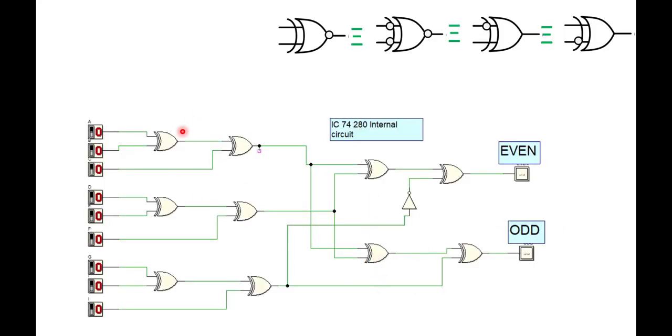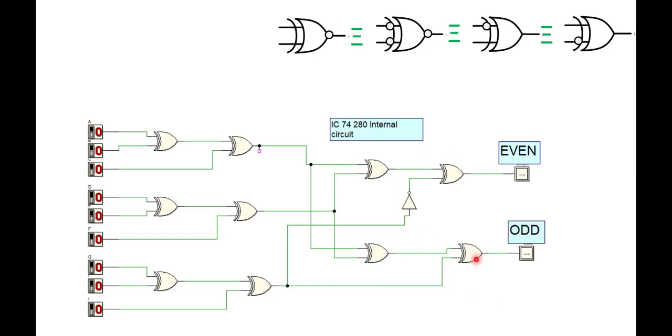So this is the internal structure. We have 9 data bits here. Sometimes 8 data bits plus 1 parity bit can be used. We've done the XORing of all the input bits. Only the last gate has some change. If you look here, at the last stage, one is an XOR gate and one is an XNOR gate.